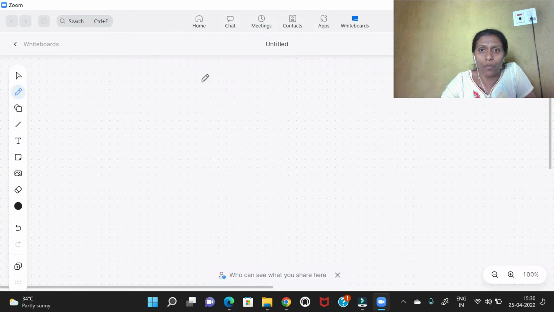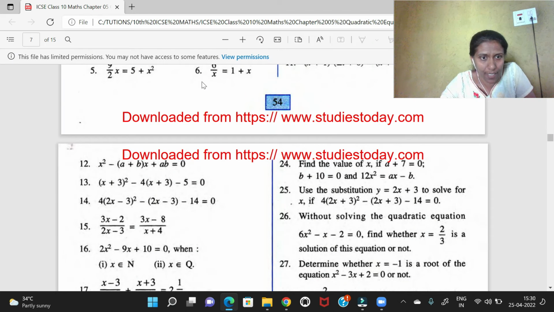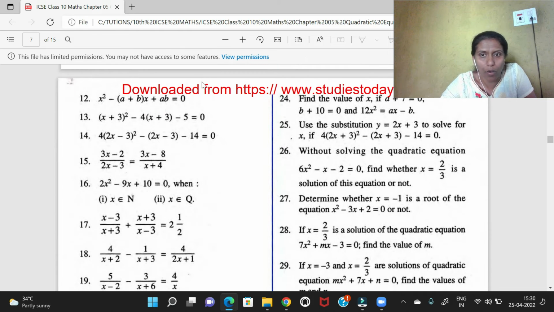Now let me go take another one and discuss. Okay, so why did I go for this problem? Because the next problem, the 14th one, is very similar to the third one. So solve the 14th one and next let's go for